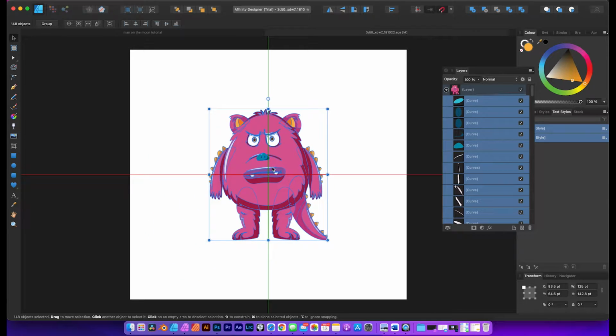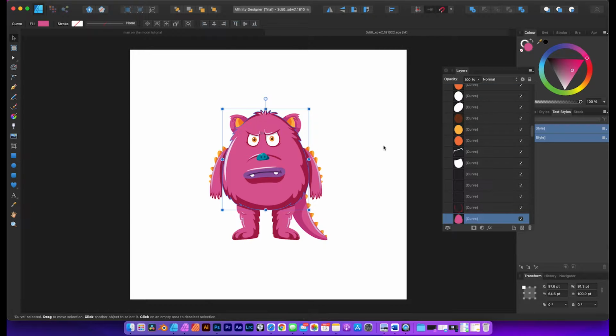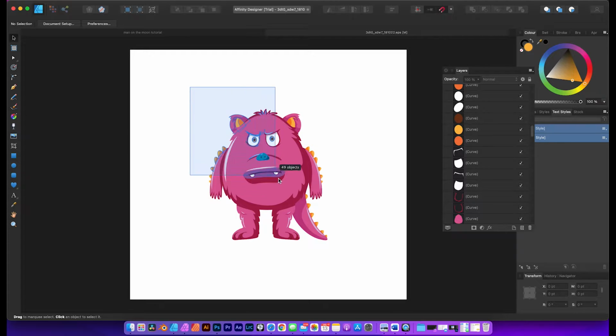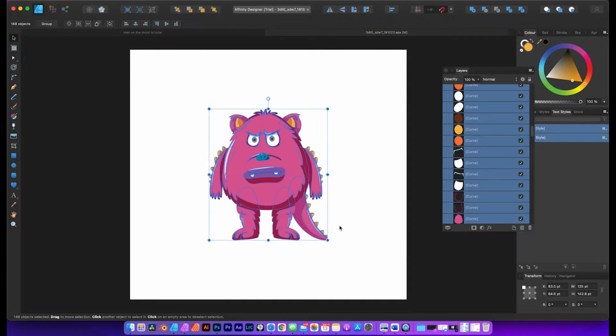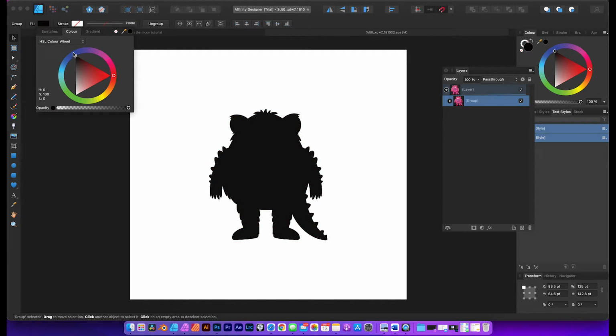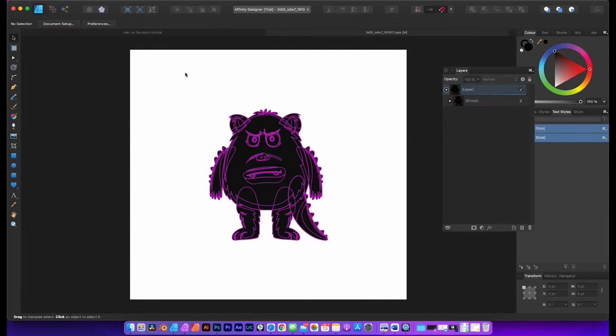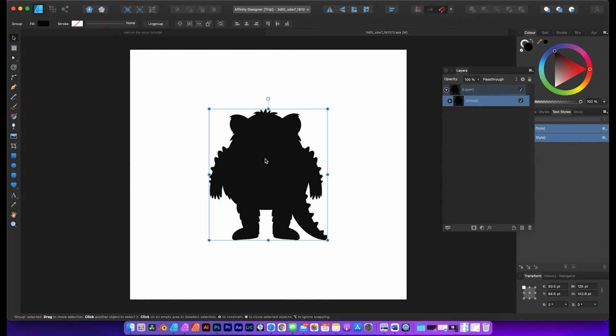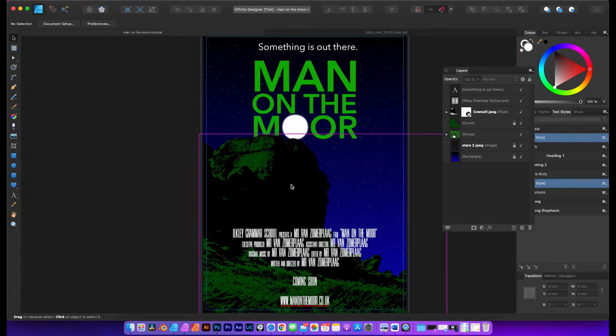So here's the monster that I want to appear in my image, and you can see that he's made up of lots of different objects put together, but I want the monster to be black, so I simply need to select all of them, click on group, and then tell it that I want the fill color to be black. And then if I click and copy with Command and C or Control and C on a PC, come back over to my image and paste,